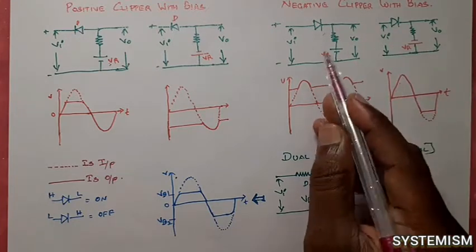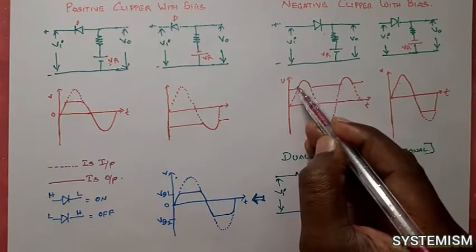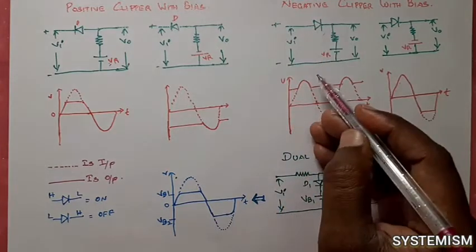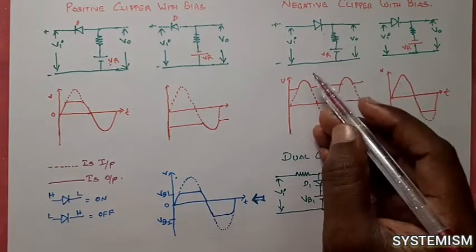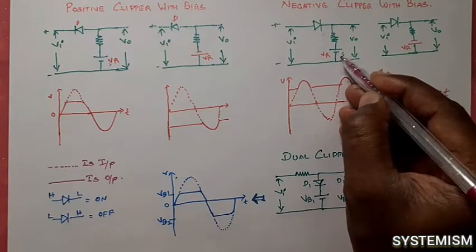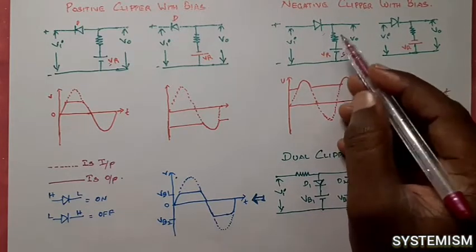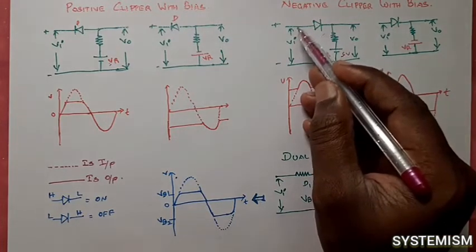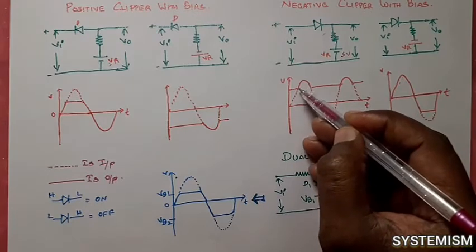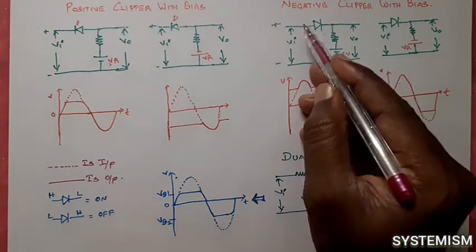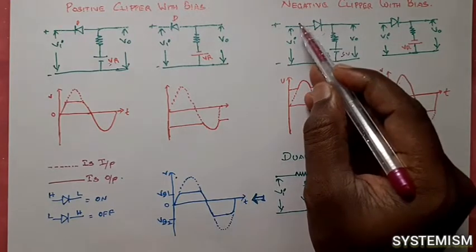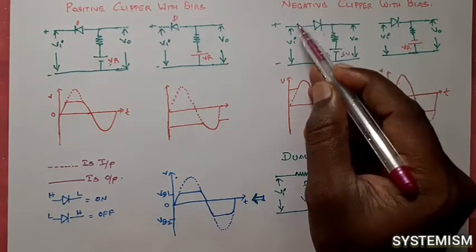Now let us check why this circuit gives only this output signal when a complete sine wave is given as the input. Let me take this voltage as some 3 volts. We have applied 3 volts here. Now 0 volts is applied here, that is 1 volt for the positive half cycle: 0 volt, 1 volt, 2 volt, 3 volt. So let me take 1 volt. 1 volt is coming at this place, and what about this place? 3 volts. So 1 volt here and 3 volts here: this side is low and this side is high.